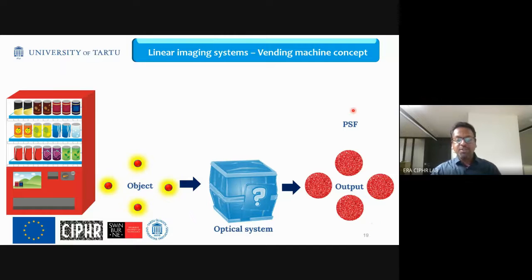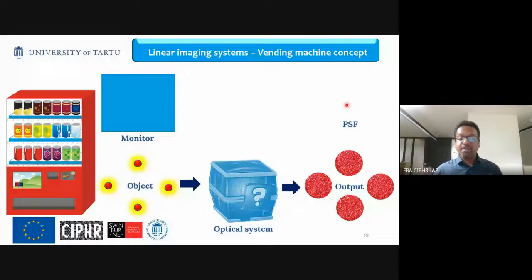So for that, we do something known as a pattern recognition approach. We have this PSF, that is, this can of Coke. If we have this monitor and scan this PSF over this output, and this monitor beeps or creates a peak whenever there is a pattern match, then we can reconstruct the information. This process is called correlation.